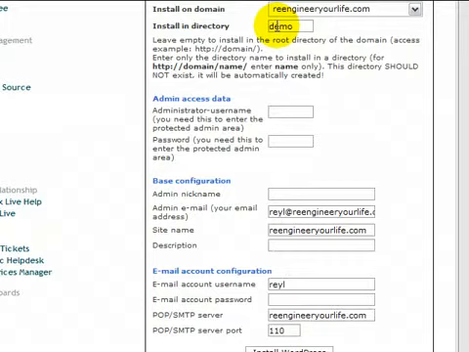Okay, what is your admin username you want to use? I just put admin, and I put the password demo. You can use whatever password you want. Okay, what is the nickname? I call it admin nick. Okay, then the email for the admin. Okay, I put demo. Make sure you already created this email. Okay, make sure it exists. For me, I already created this demo email.